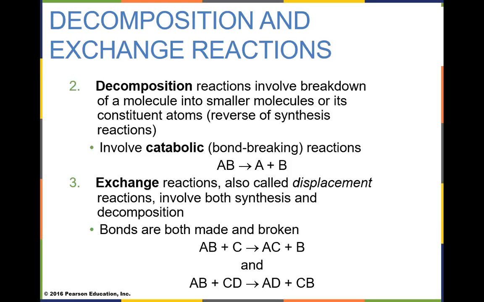separate them out and then rearrange them in the pattern that we want, because the amino acids are all the same. There's only 20 amino acids. We use the ones from the chicken and build our new protein. We build up our skeletal muscle. Or it might be beef protein, it may be fish, it might be animal protein or plant protein, it doesn't matter. The amino acids are still the same, and we use those to build our proteins. So there's an example of both a catabolic reaction breaking things down and an anabolic reaction building things up. That's an exchange reaction.